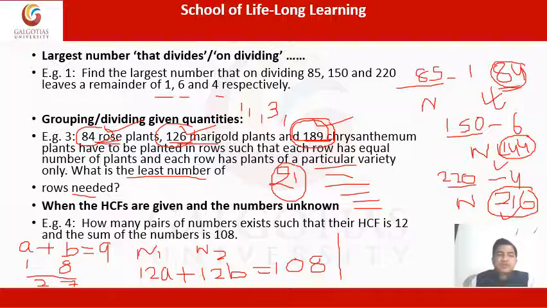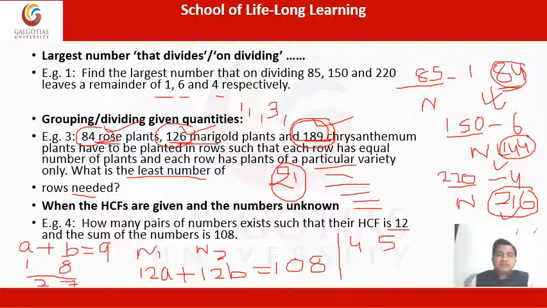No, because 3 and 6 are not co-prime. If I take a as 3 and b as 6, the HCF of these two numbers will be 36. Whereas in the question it is given, HCF has to be 12. So I cannot take 3 and 6. The next pair would be 4 and 5. Yes, the 4 and 5 pair could be taken. Correct? So these are the three pairs that can be taken.